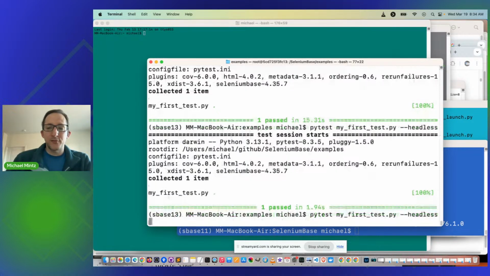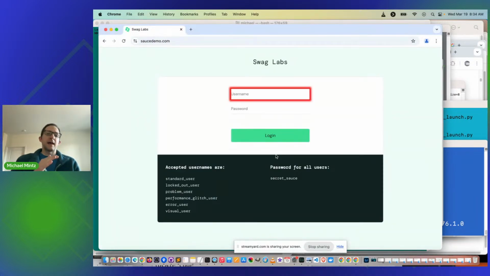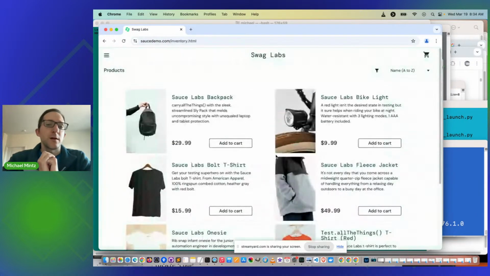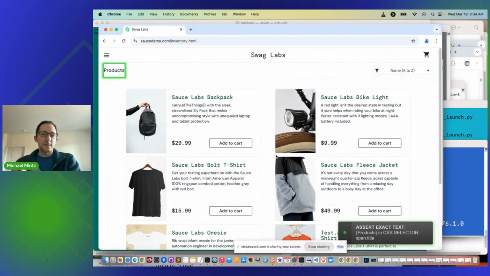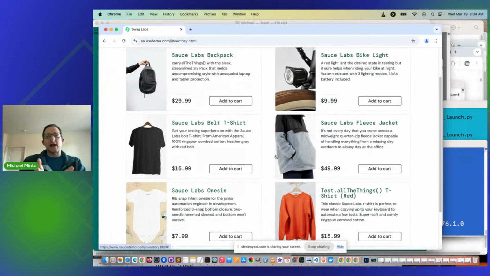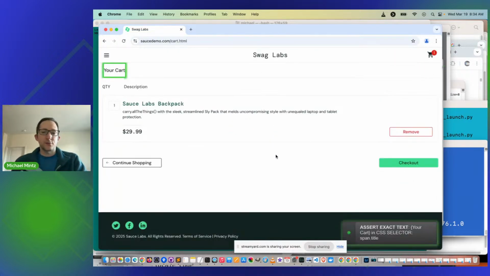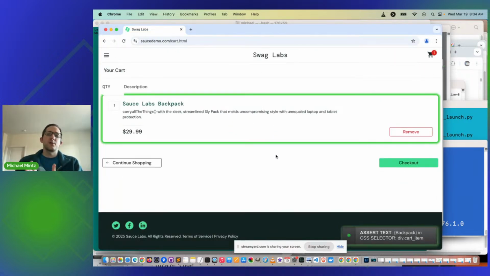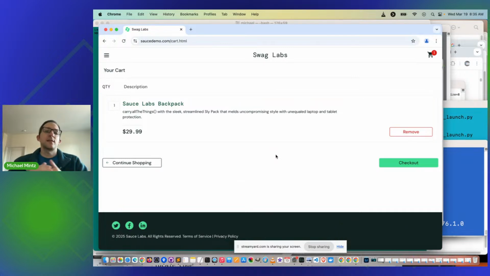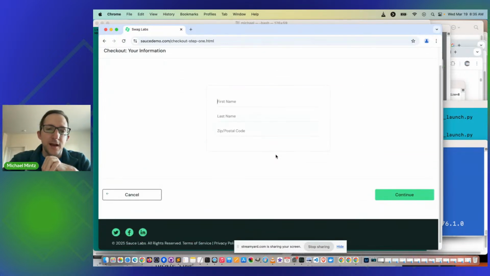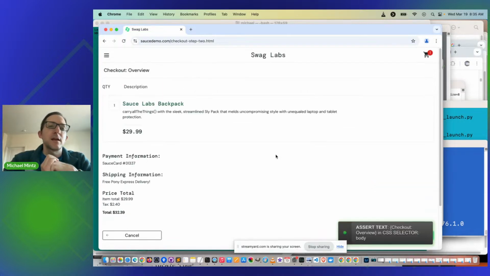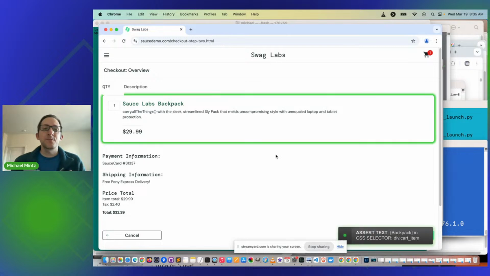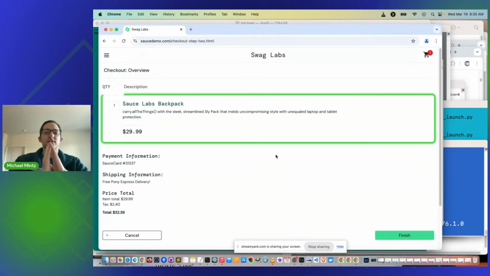There's also a feature called demo mode, which is going to highlight the actions that it does as it runs the test. You can see here, it's highlighting what it's asserting, and then you can see a display at the bottom right-hand of the screen where a pop-up appears showing you exactly what the test is focusing on at that particular time. So these are just some of the many PyTest command line options that are added into Selenium Base